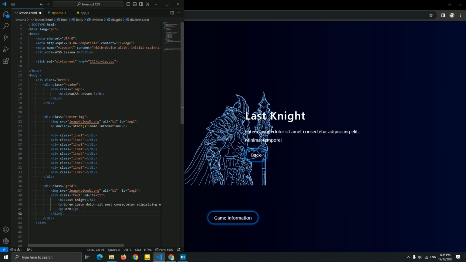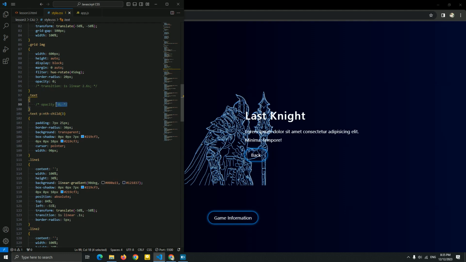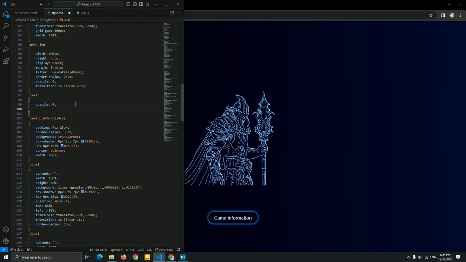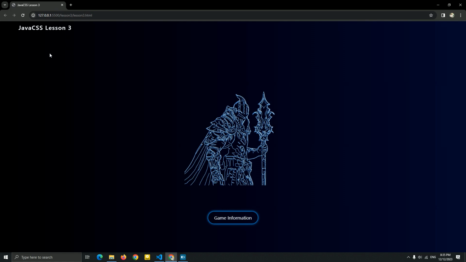And for this back option, I'm gonna add an onClick. Oh, I'm sorry. Back. Let me just remove this. Okay, let me just add this transition for this. The same transition, guys. Very good. Yeah. Now it's better. Very good.